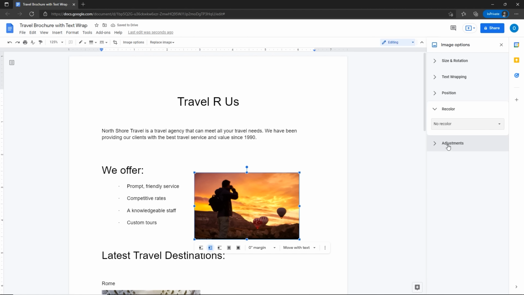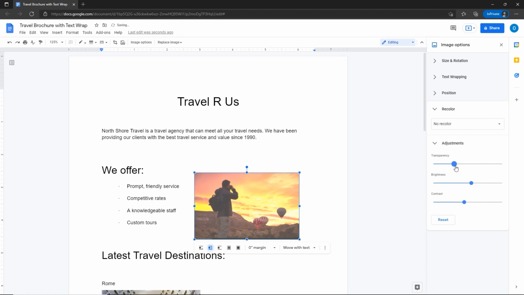Now, under adjustments, I can actually make, for example, my picture be brighter. I can change its contrast, and I can make it transparent. Now, the reason I might mention transparency is if you make your graphic more transparent and then you come up to text wrapping,